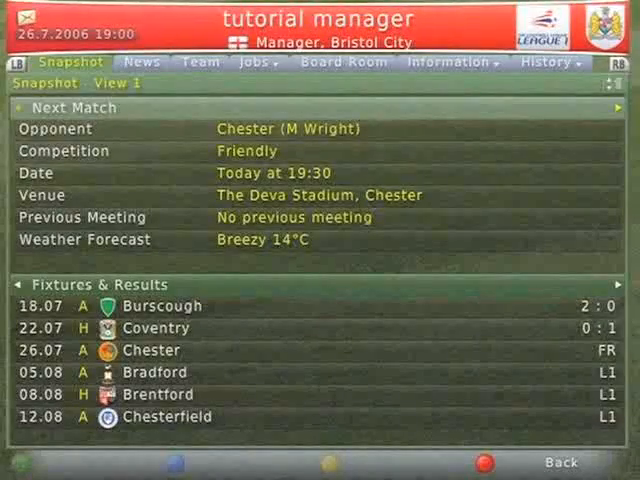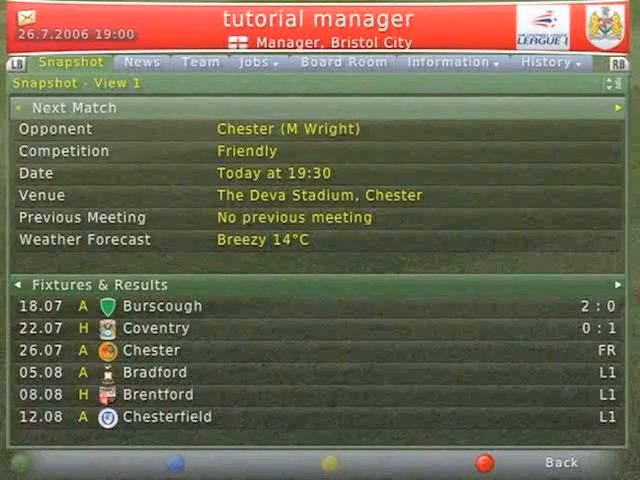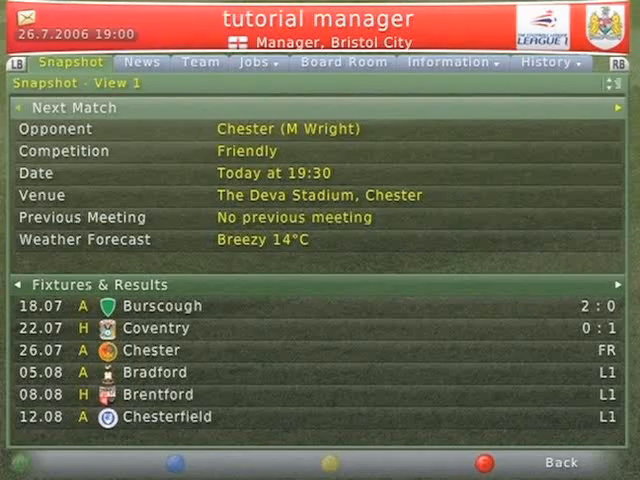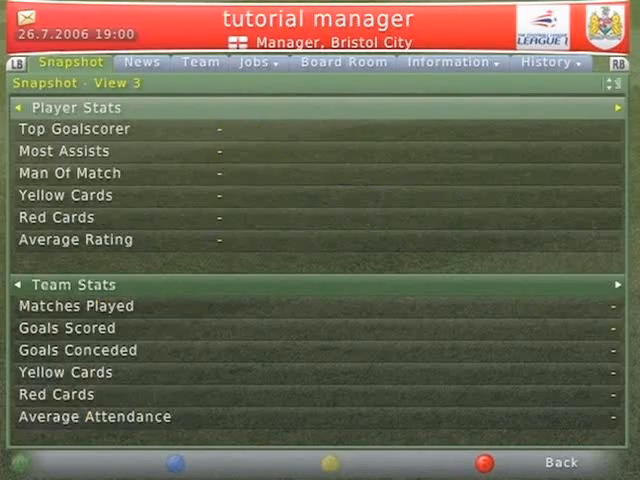The Manager Snapshot screen is the best place to get an instant overview of everything you need to know about your club. The screen is found just after you've selected the team you wish to manage. This is basically a quick overview of all things managerial, from information on your next match to player information,